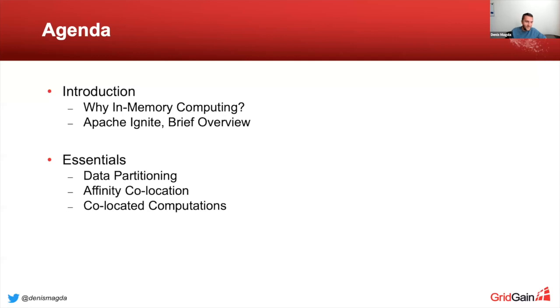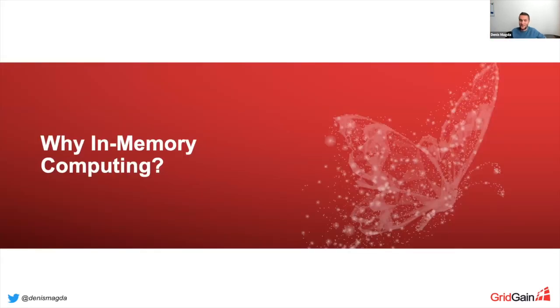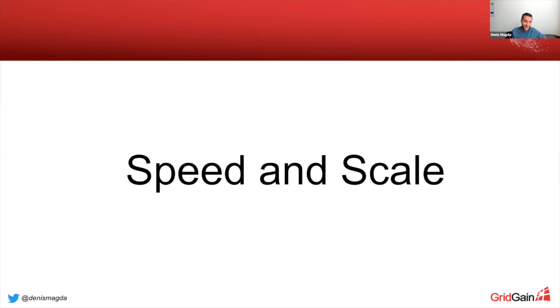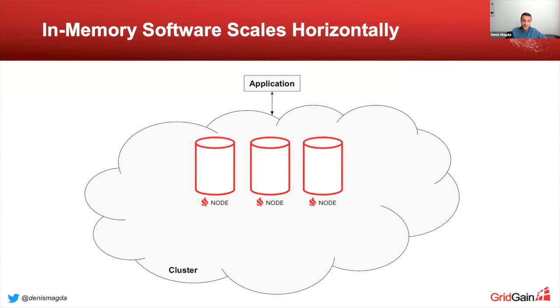So let's go. Let's start with this obvious question: why in-memory computing, and why do we even care about this talk today? Generally, all the in-memory computing technologies, memory caches and memory databases, were created to give us speed and scale. Let's figure out the scale question first. If you look at Redis, Memcached, Apache Ignite, or MemSQL, those technologies are distributed,